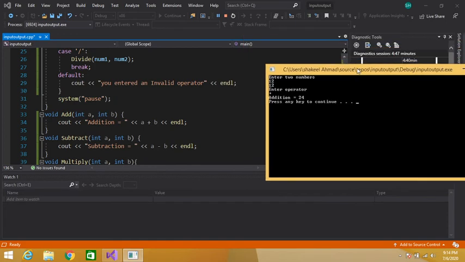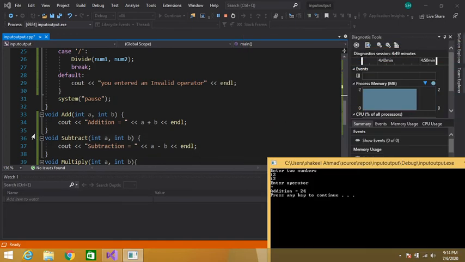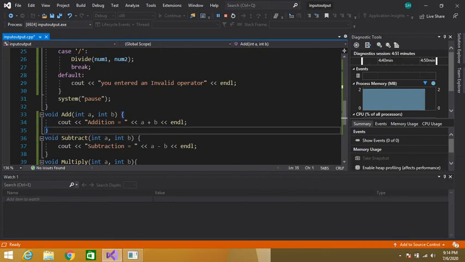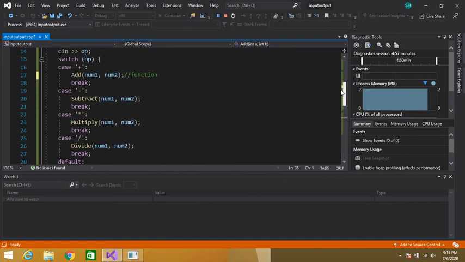Then after executing this function, here is the closing brace of this function, the control will jump back to where it was, and in the next line we have written a break statement. What is the function of the break statement? The break statement takes the control out of the body of the switch statement.